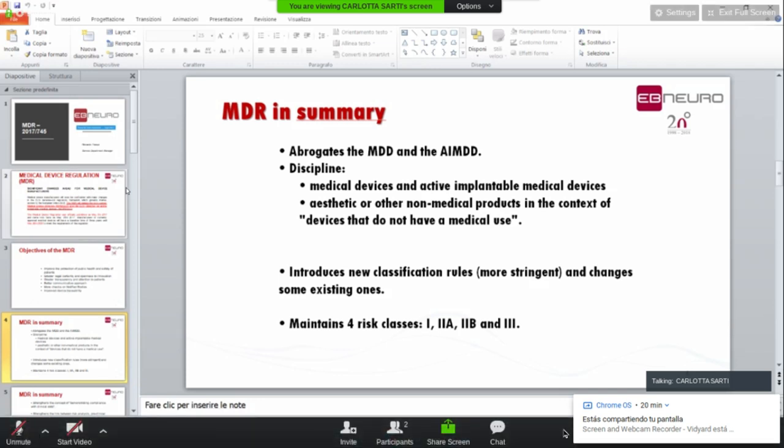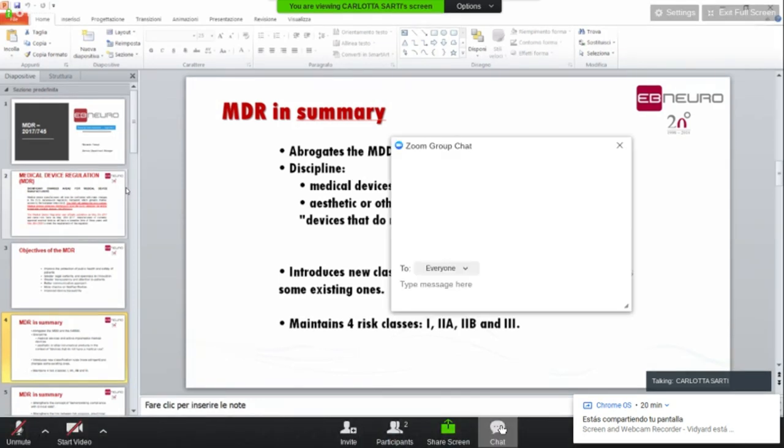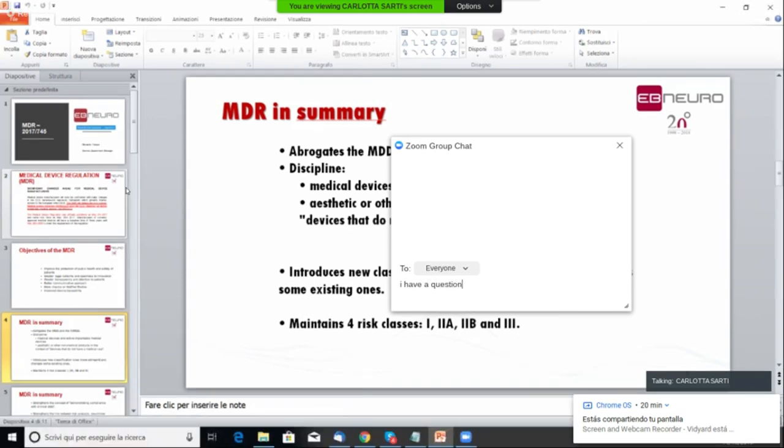Exactly. When we develop the new hardware, or we need to create new certification according with the MDR regulation, I need to identify exactly the intended use for the patient, which type of therapy and examination you can do with my device.